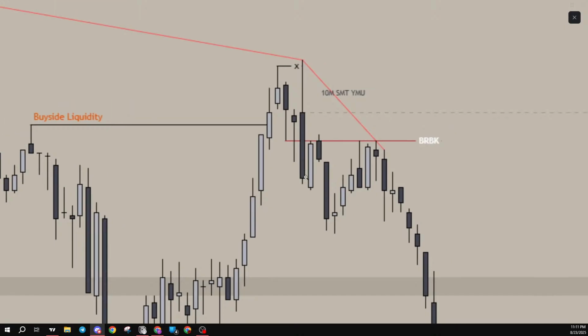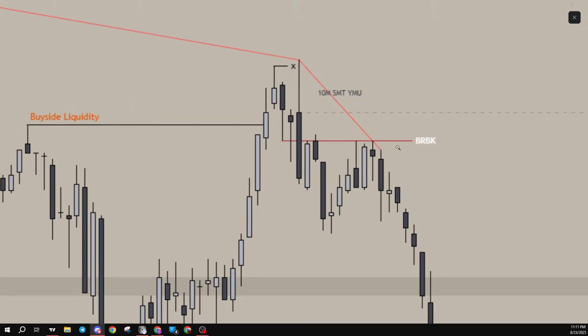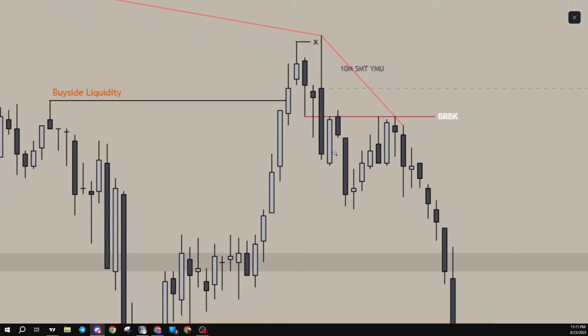Reviewing the rest of the chart, I'm not sure why this is labeled as a breaker block, because it isn't a breaker block, but it's fine. If I was trading this, my entry would be on this bearish order block. Why is this a good entry? Because